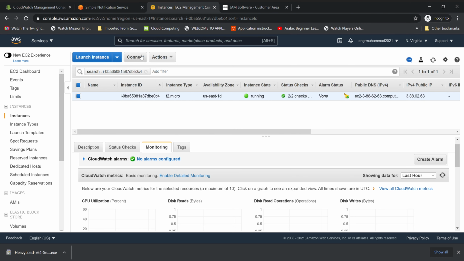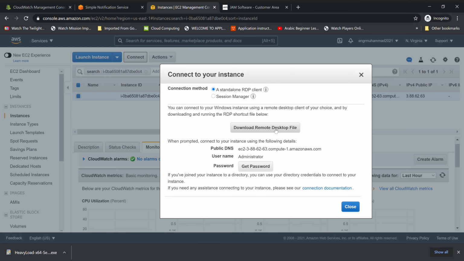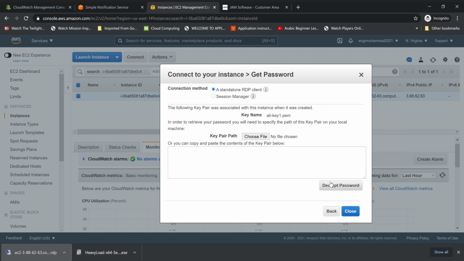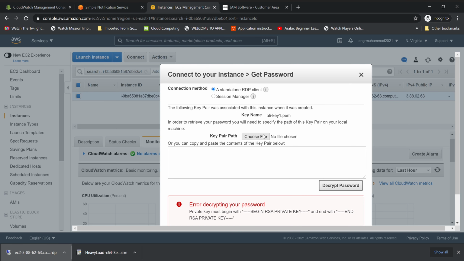I'm going to access this machine, connect. Download the file, let's suppose, I will download it here and try to connect it. It is asking for the password, so I'm doing get password, decrypt, choose file,